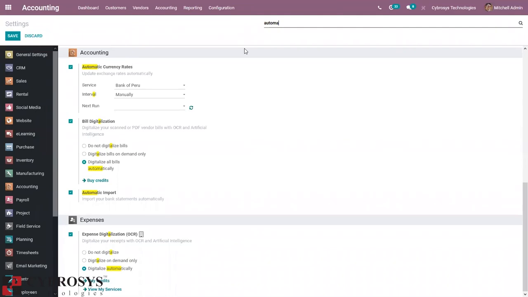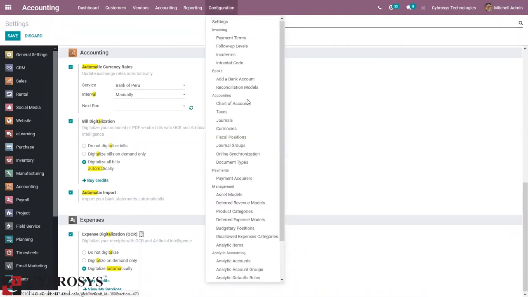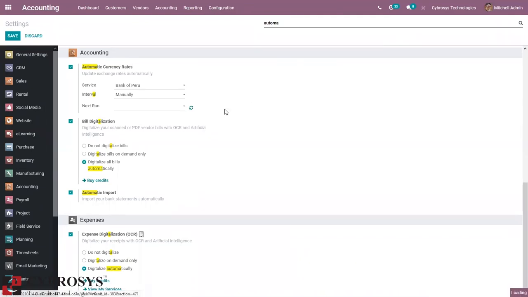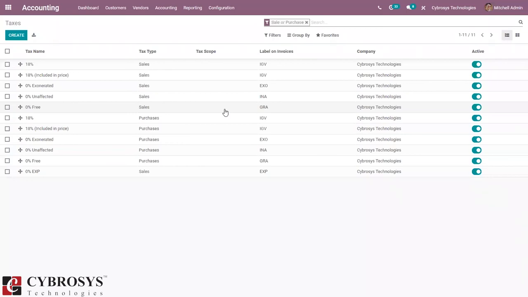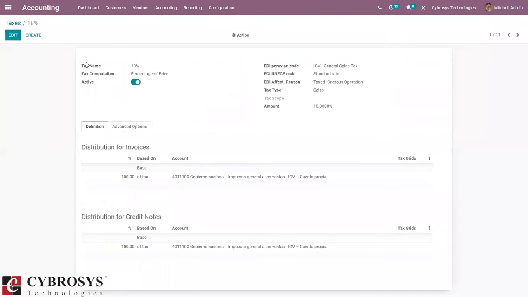Now let's move on to the configuration of our taxes. As part of the localization module, some taxes are created automatically with related financial accounts and electronic invoice configuration. Let me show something: when you open a tax, we can see some additional fields that are required for electronic invoice.